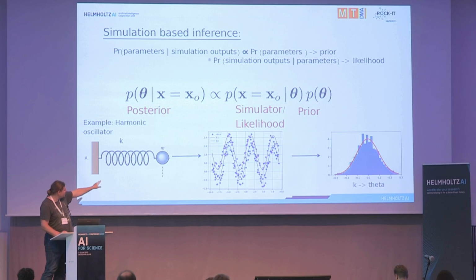And so basically now we try to estimate this probability: given this blue dot observation, what is the probability distribution of our spring constants there,